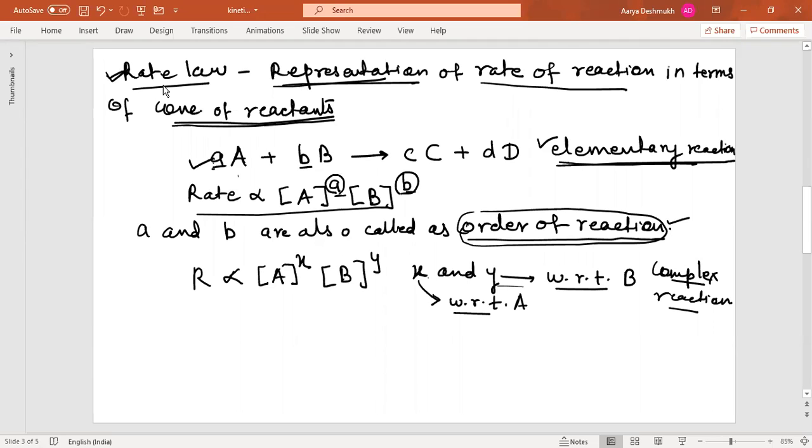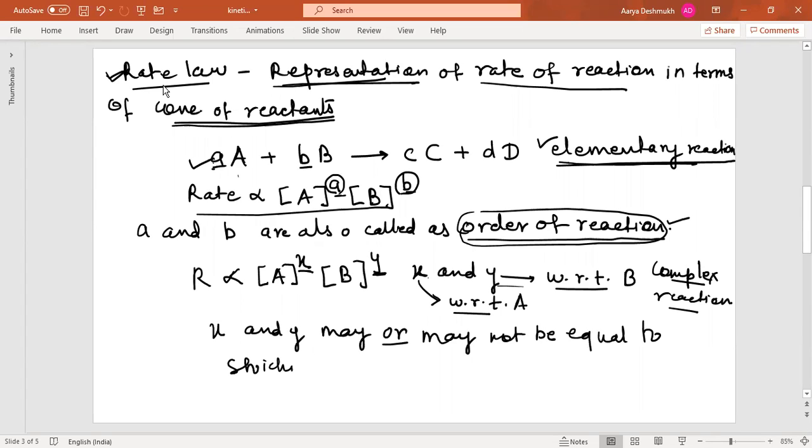Or in case of the complex reaction, the addition of these two, X plus Y, will be the order of the reaction. Now, you might not understand how X plus Y comes to be written, so let us not discuss the order of the reaction now. We'll discuss this later on. Just remember that this X and Y may or may not be equal to